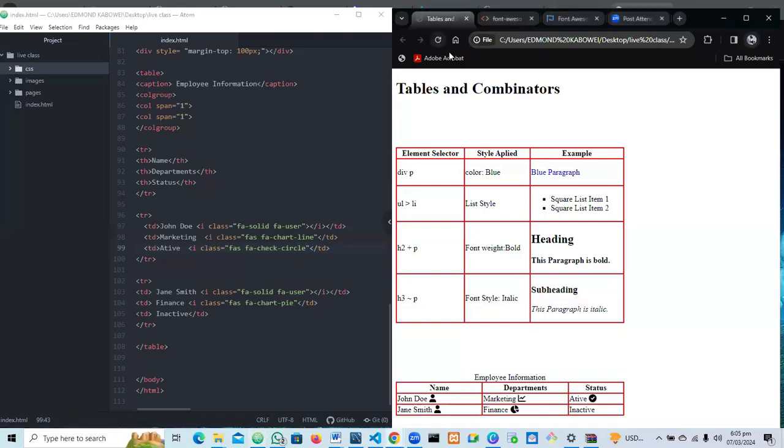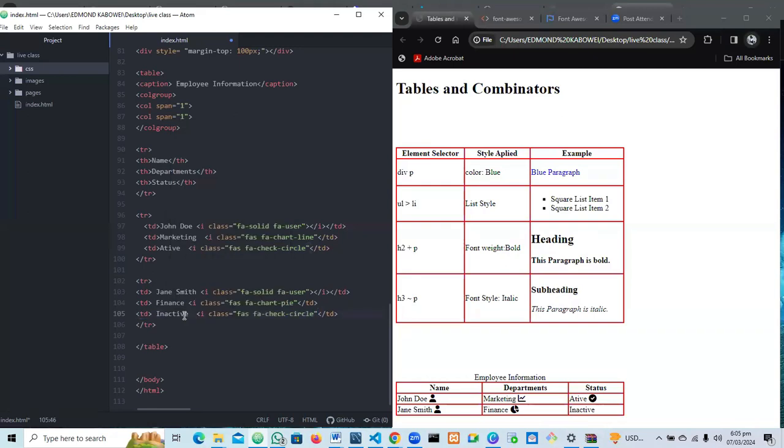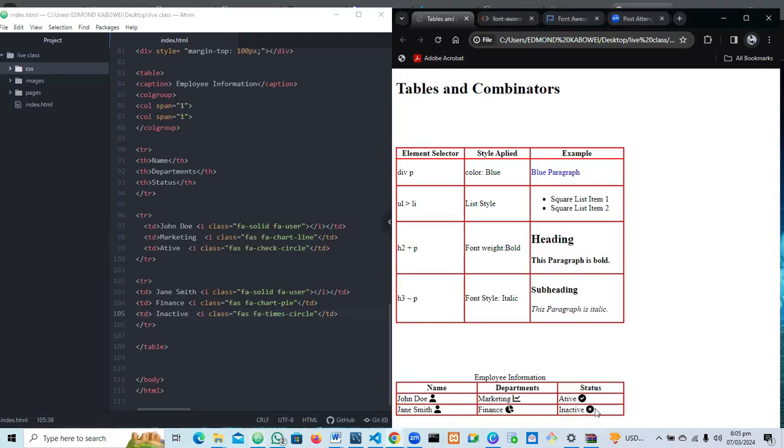Let's see if this works. Yes, it works. And then for inactive, I'm just going to copy this. This will be times circle. All right, so you can see the icon. From the icons, you can tell what this